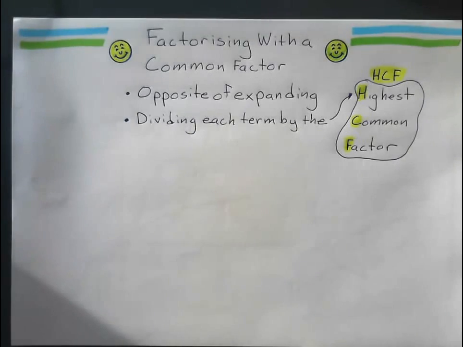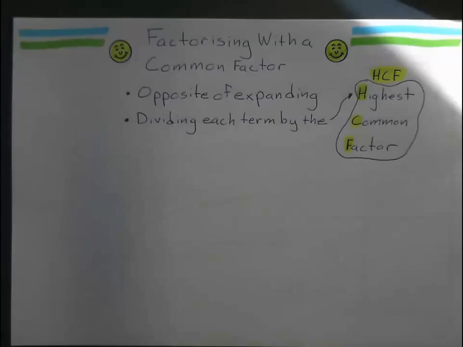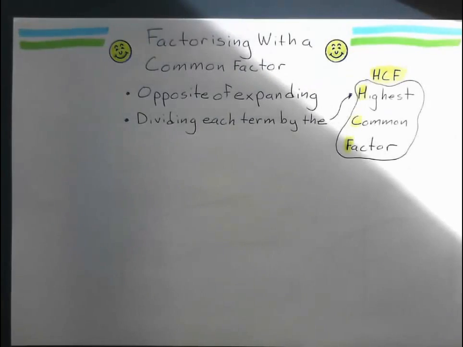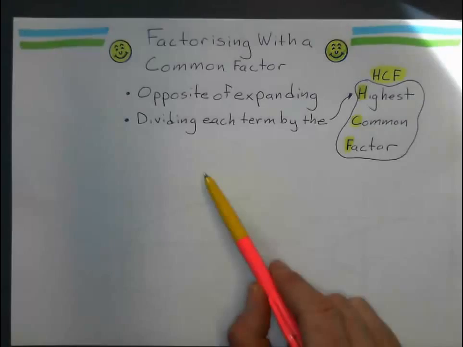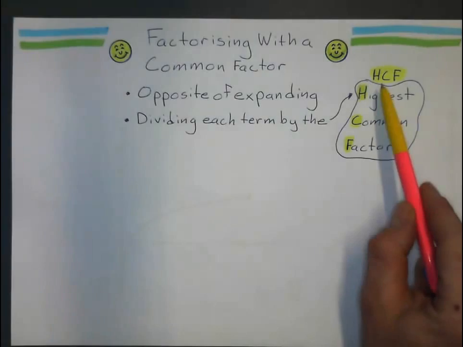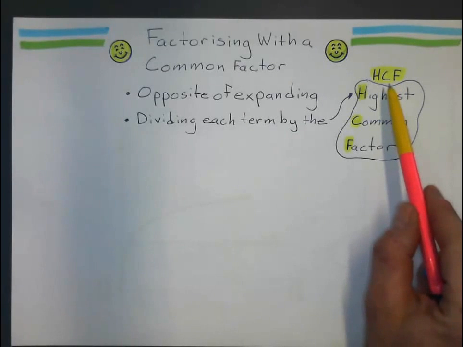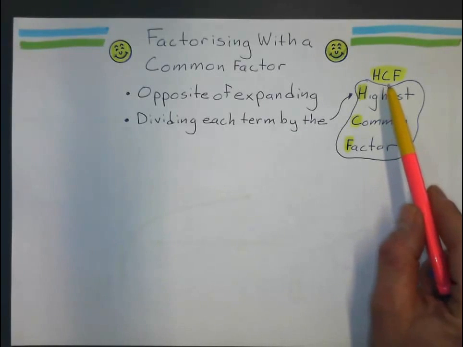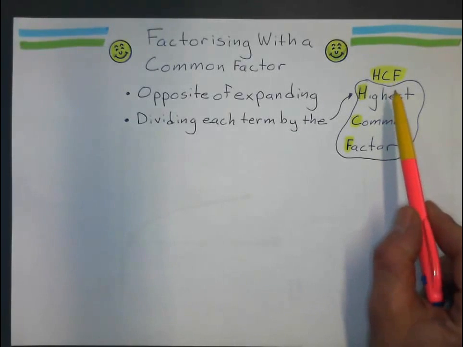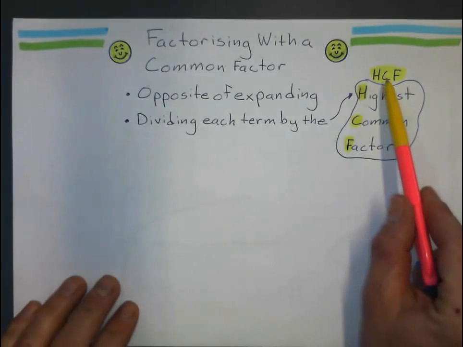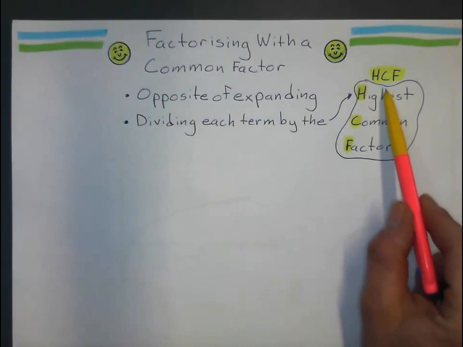So factorizing with a common factor, it's tricky because it's kind of like division, and multiplying is easier than division. Expanding is multiplying, and factorizing is dividing. And what you're dividing by is the highest common factor, and I'll just abbreviate that HCF. And how you get this is probably the hardest part. So let me elaborate on what this is a bit more, what the highest common factor of an